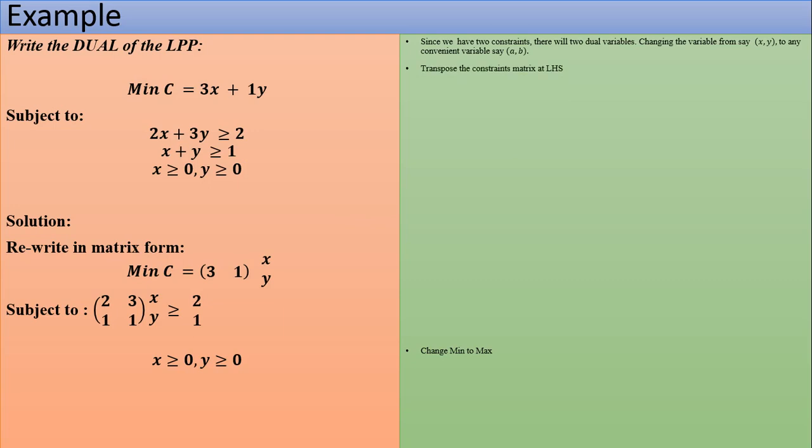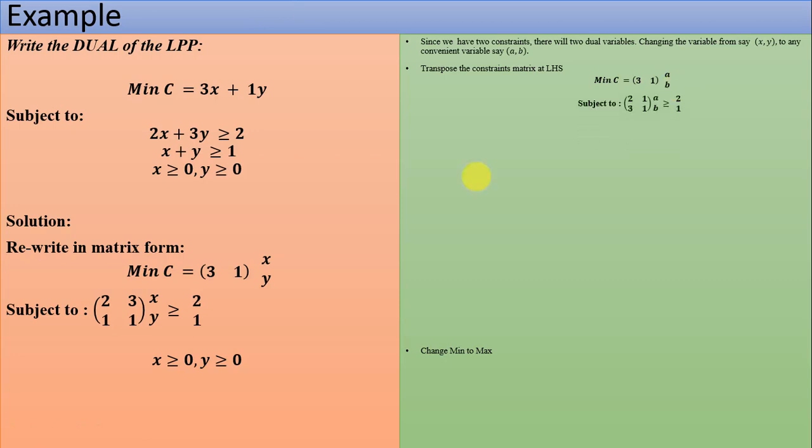So you need to change to another letter. Instead of x, y, we intend to change to A, B. So now we can have min C equals to [3, 1] [A, B]